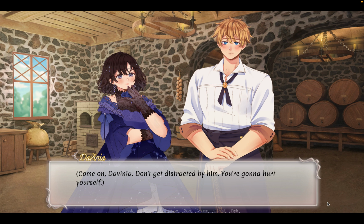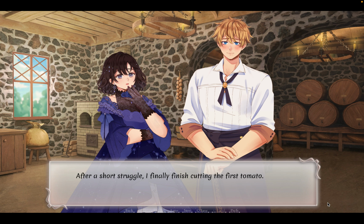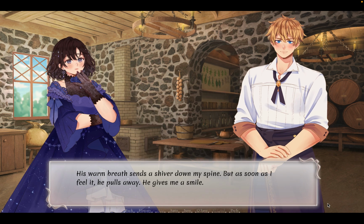Come on, Davinia. Don't get distracted by him. You're gonna hurt yourself. I cut several uneven slices. Juice spreads across the cutting board as I squish the tomatoes. After a short struggle, I finally finish cutting the first tomato. How do you do this every day? Practice, of course. Absolutely. His warm breath sends a shiver down my spine, but as soon as I feel it,